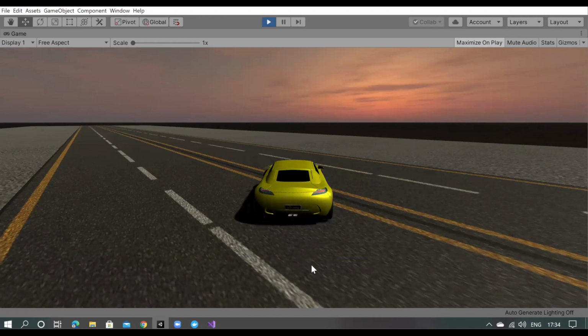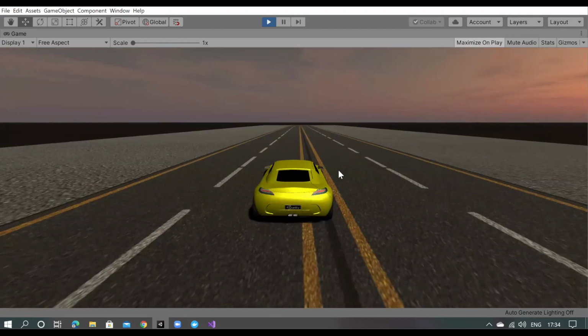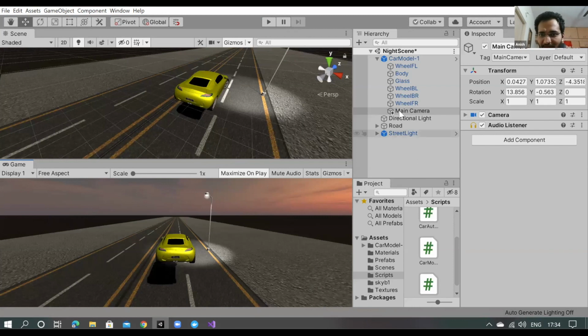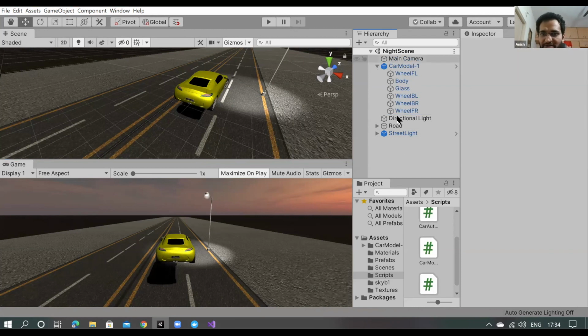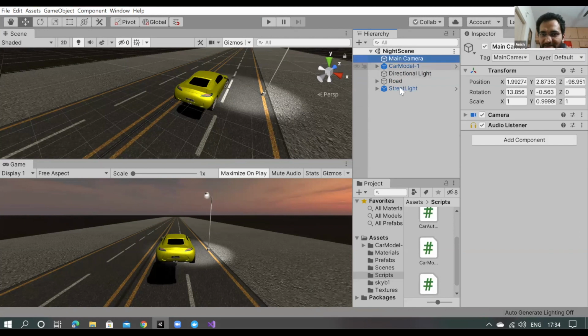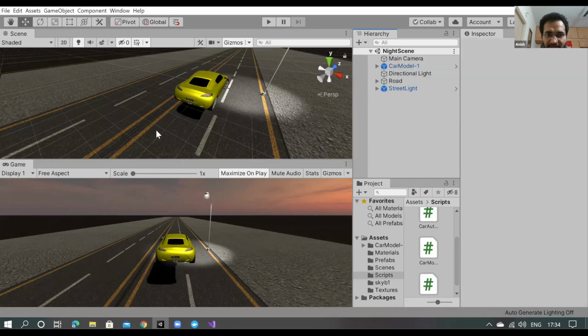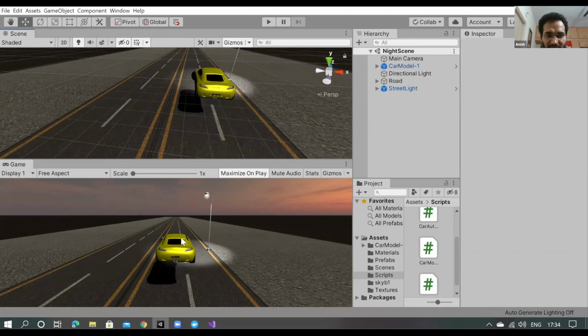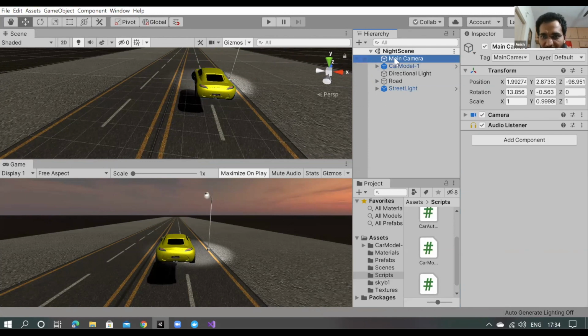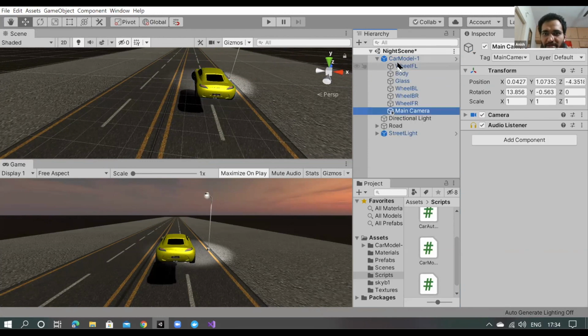That is looking good. So we'll wait for some time and I want you guys to try this thing. I'll press Control Z and again. This is my scene and I have only this much stuff. I just set the camera where I like, this is what my camera position is, and with this position I dragged the main camera and dropped it on this car, and it is added as one of the child objects of the car.